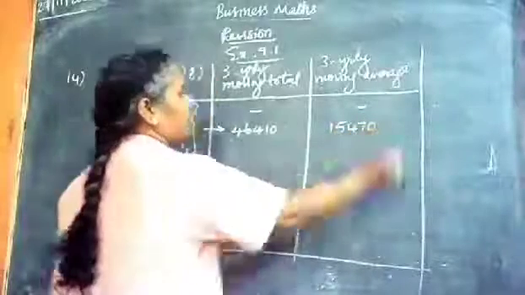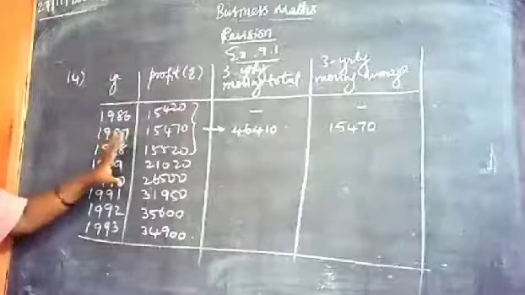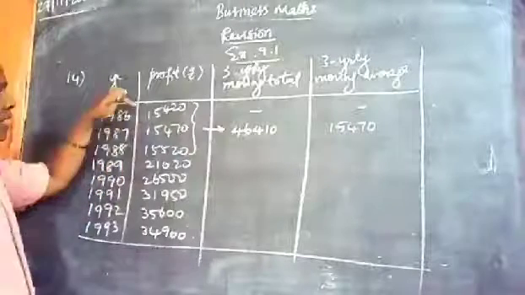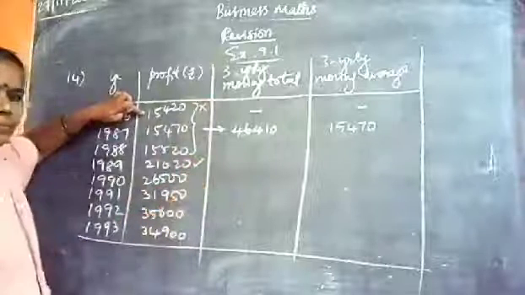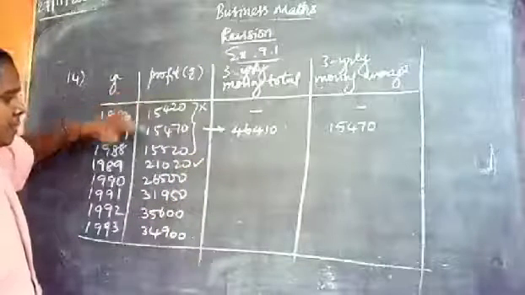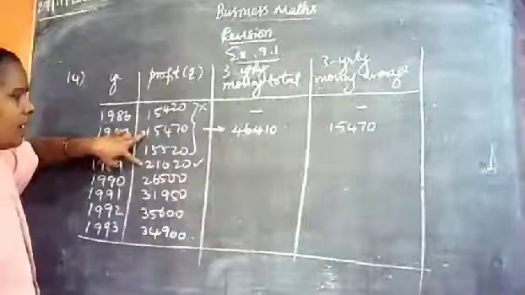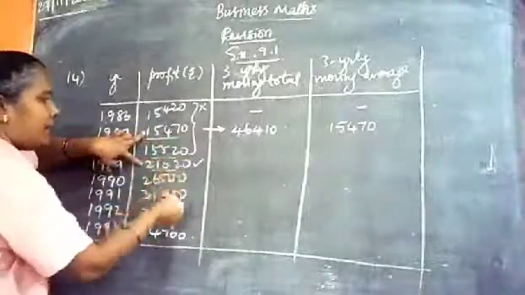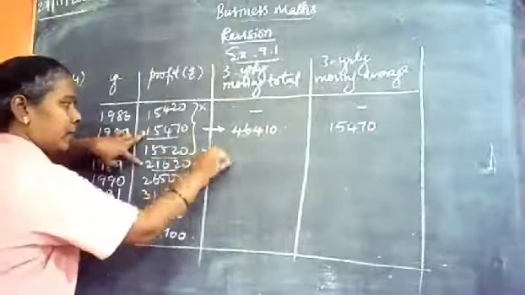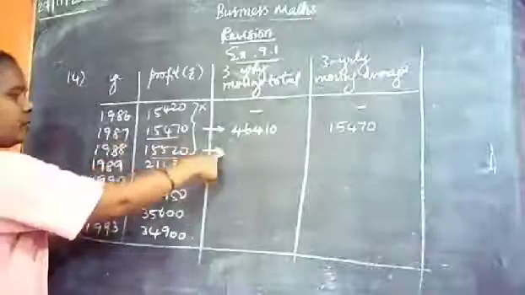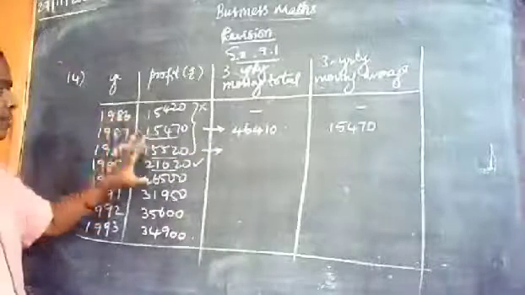15,470. Similarly, for the next set of 3 values, you leave the first number and join the next number, and again you get a set of 3 numbers. Add all these 3 values and write the answer in the middle, which is the middle of these 3. So in the middle, the 1988 solution. Add these 3 values. Keep your left hand fingers here.